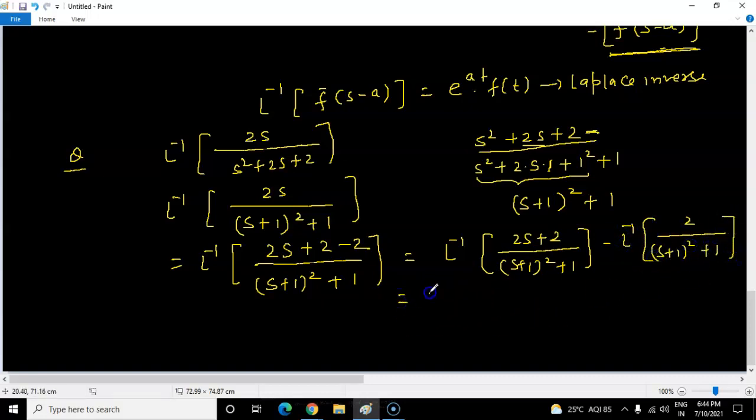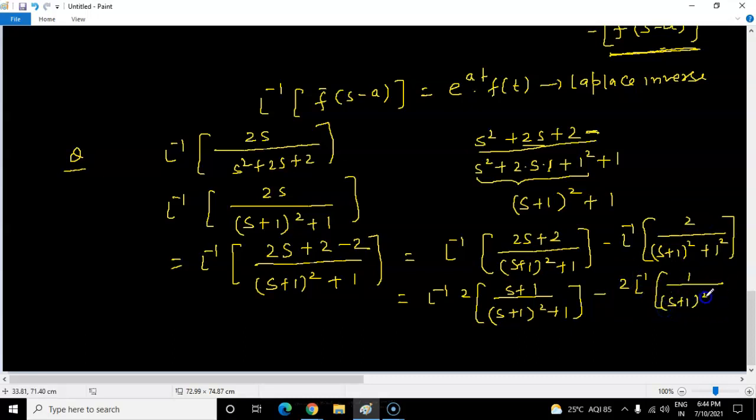So I can write Laplace inverse of this one, if you take the 2 common, I will write s plus 1 by s plus 1 whole square plus 1, minus, here a is 1, this is 1 square only, so 2 is constant actually. So Laplace inverse of 1 upon s plus 1 whole square plus 1. So we can write it here,